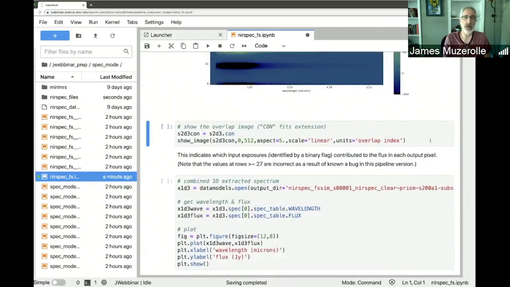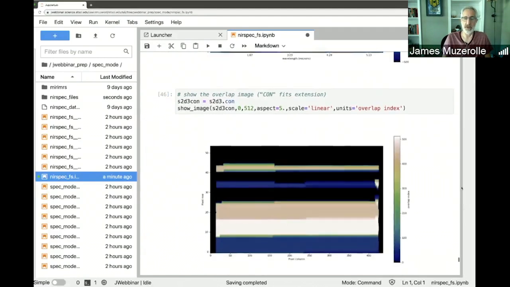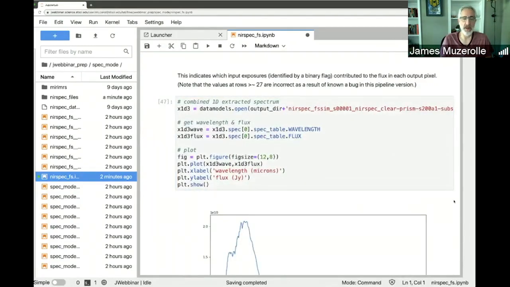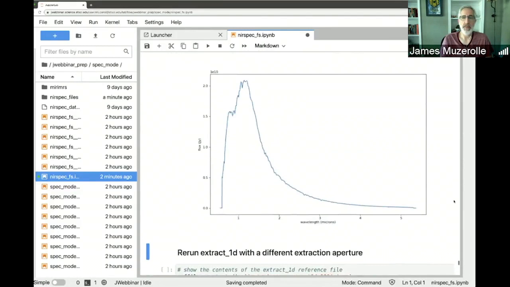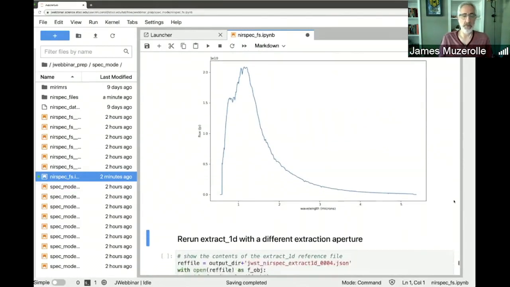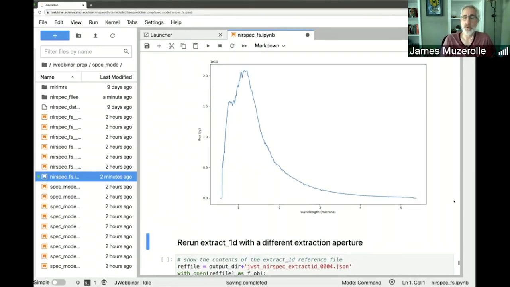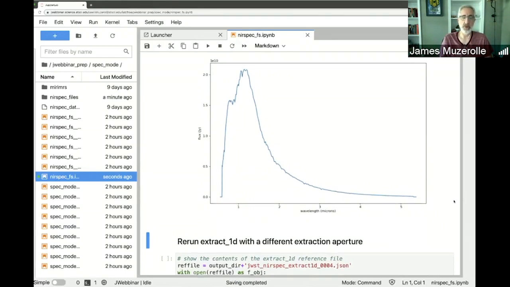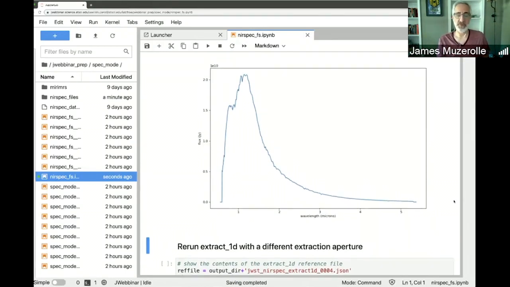There's an extension part of that product that enables you to look graphically at what the overlap between all of the input exposures actually looks like, shown here. And then finally, the combined extracted spectrum from that I plot here. In the interest of time, I'll end here. The remaining cells of the notebook show you an example of how you would rerun the extract 1D using a different extraction aperture, just to give you a demonstration of how you would go modify a reference file for a particular step and then rerun to get a different